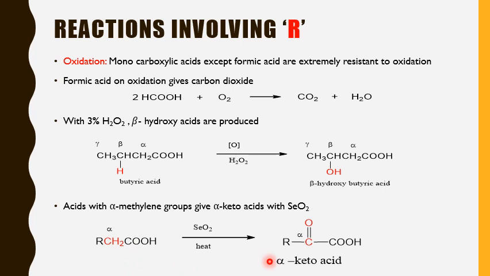So what will they give? They will give a carbonyl functional group at that alpha carbon. Here you can see these hydrogens are removed and oxygen is being added. This is an example where two cases are seen: removal of hydrogen as well as addition of oxygen. So here only removal of hydrogen, addition of oxygen, and here hydrogens removed as well as oxygen is added. So these are the three categories where you can see oxidation of the R group in carboxylic acids, where you should fulfill the conditions such as having beta hydrogen, having alpha methylene group.